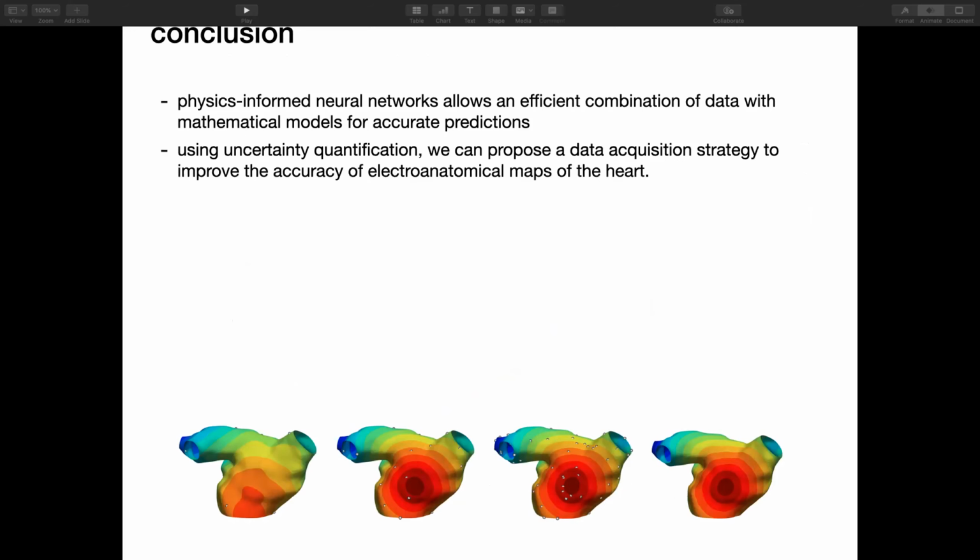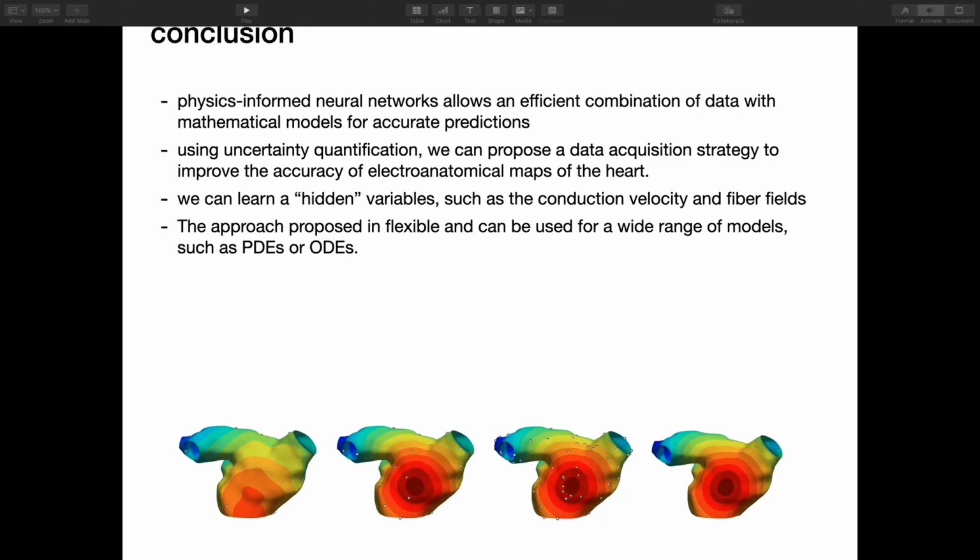And we can also, using uncertainty quantification, create active learning and recommend to the physician where to get the measurements. And we can learn hidden variables that are not directly observable, such as the conduction velocity and the fiber fields. And we can use this approach for many other